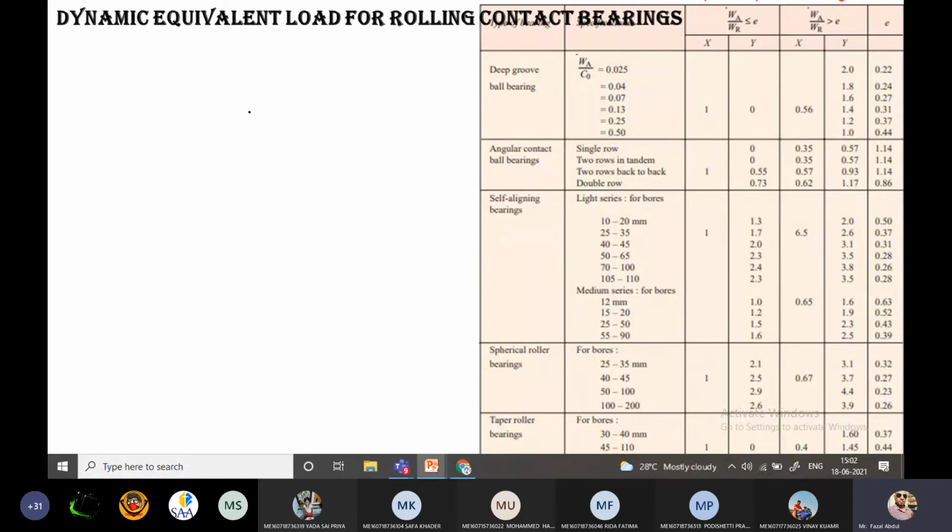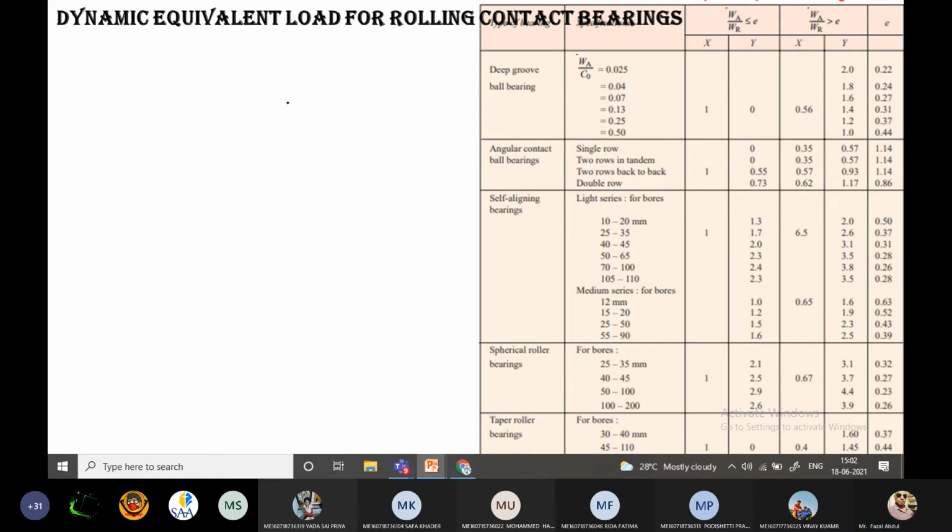In that manner only, here also we have to calculate the dynamic equivalent load. Dynamic equivalent load is defined as a constant stationary radial load in the case of radial ball bearings or radial roller bearings,